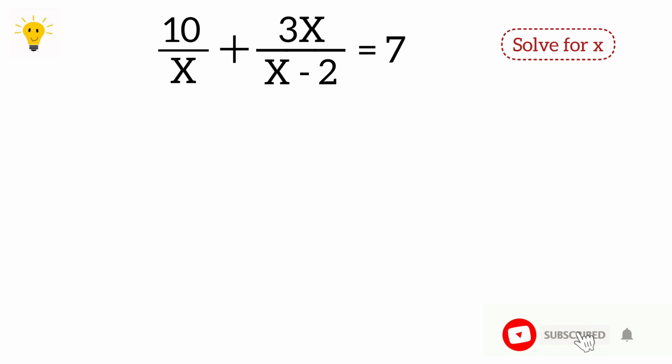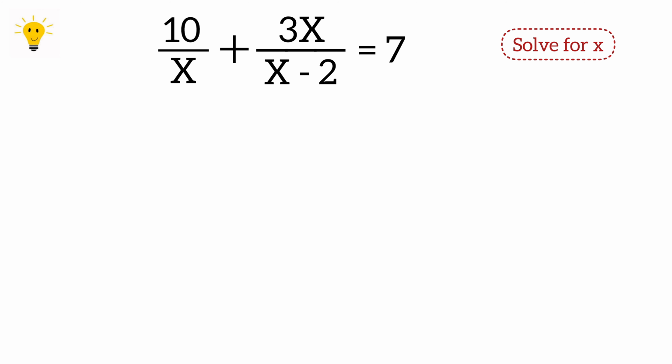Before we solve for x, I want us to highlight what we have. We have two fractions on the left side of the equal sign. These two fractions are adding each other and they have different denominators. Before we get into what we have on the right hand side of the equal sign, we have to add